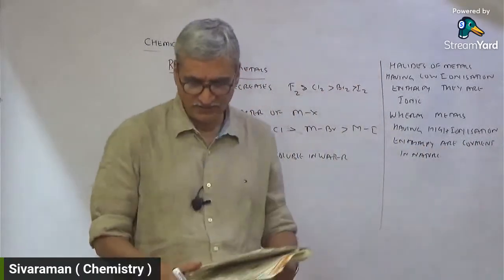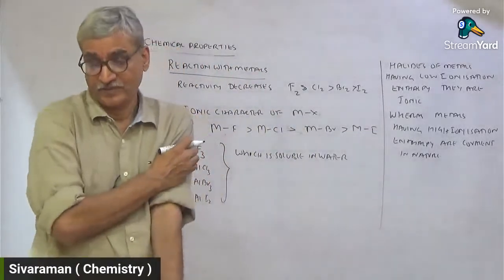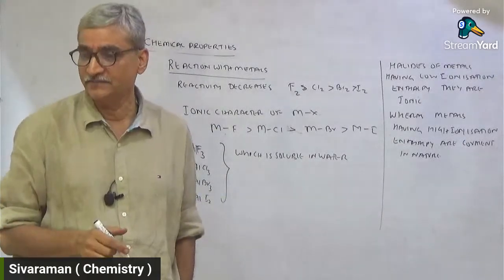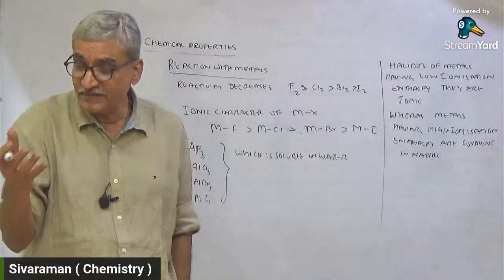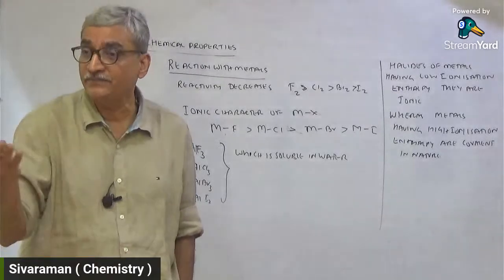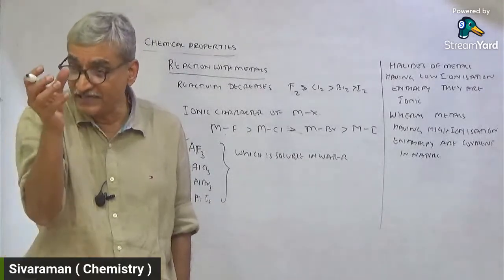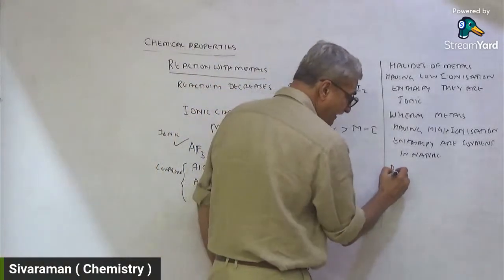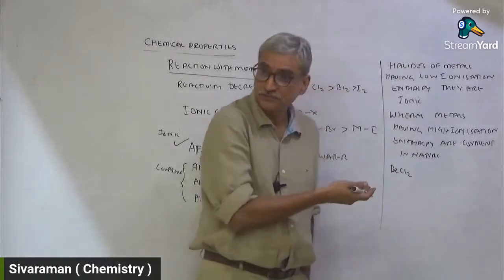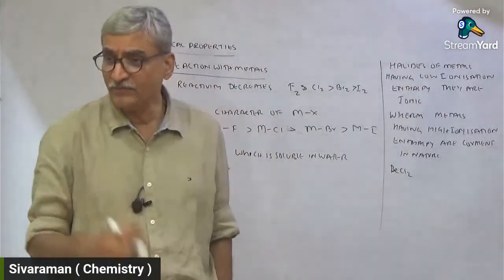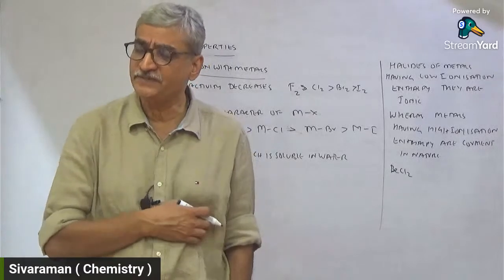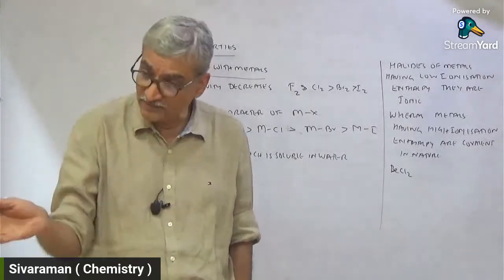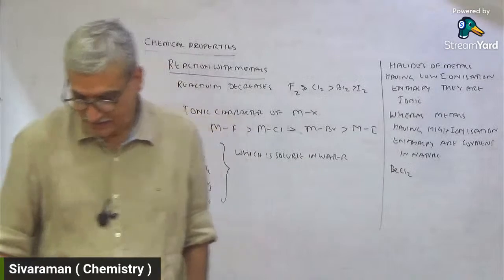Let us look at it this way. We have lithium fluoride, sodium. We could even have beryllium fluoride. We had discussed beryllium fluoride as a covalent compound, sp hybridization. Beryllium chloride, BeCl2, because beryllium has a very high ionization enthalpy. Beryllium is a metal, but beryllium chloride is covalent in nature, sp hybridization. So this is the reason: ionization enthalpy is more, so it forms a compound covalent in nature. This is clear. Then,